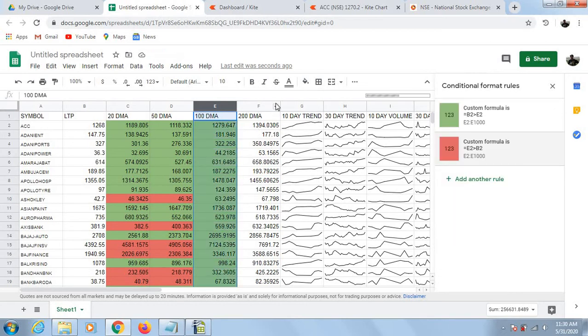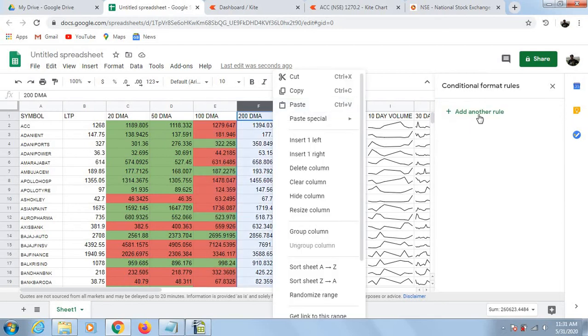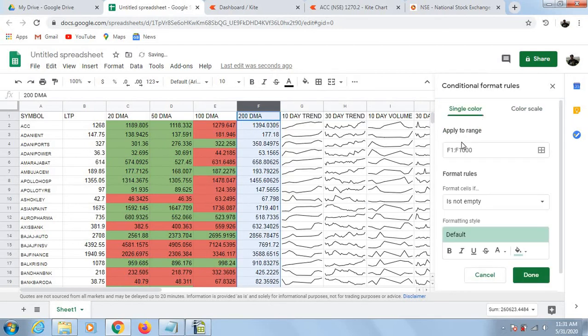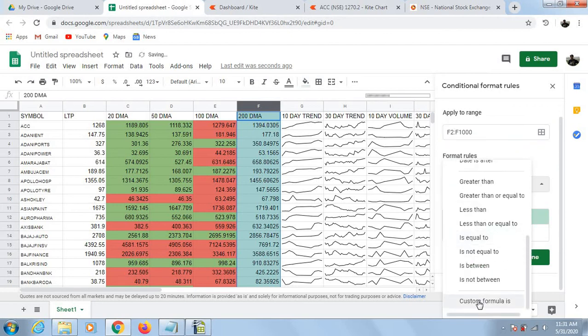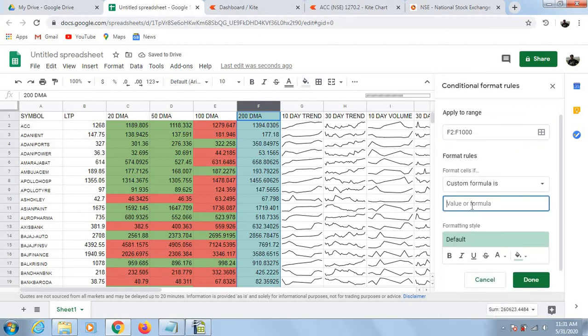Similarly, for 200-day moving average, add rule from range F2. So format the cells. If is equal to B2 greater than F2.